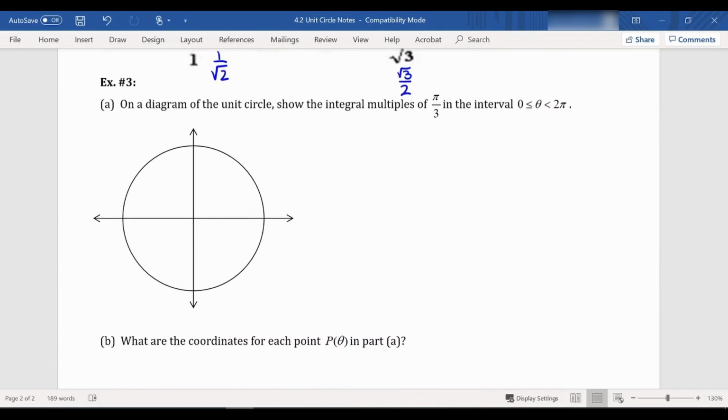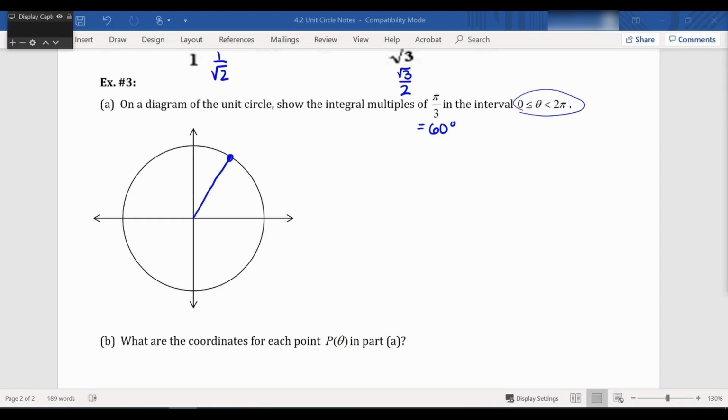So on a diagram of the unit circle, we are being asked to show all of the integral multiples of pi over 3 from 0 to 2 pi. So this means we're going to go around the circle once, okay? And we're going to look at all the intervals of pi over 3, which is the same as 60 degrees. So our first interval would be 60 degrees, okay, which we know is in quadrant 1. Now in quadrant 1,